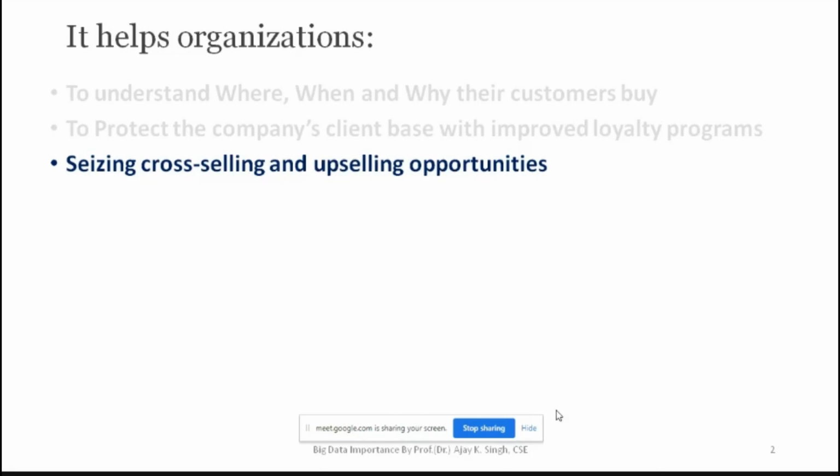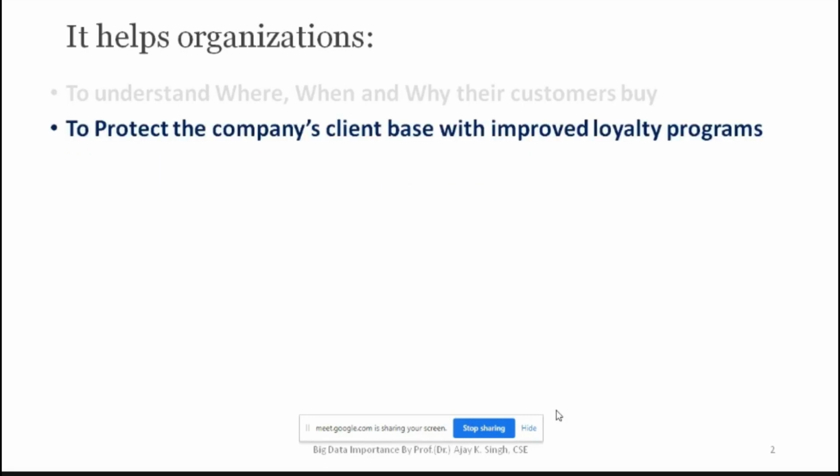Now, in that case, suppose he wants to buy Boroline or Boro Plus for maybe 20 rupees. Now he's going to be motivated in such a way that he's going to buy the product of 100 rupees, isn't it? And by doing some motivation, just by seeing this analysis, just by seeing the big data and the data that is being generated, clear. So this is what is called upselling, and you are going to tell the customer that you just go for this product, and this product is really beneficial for you. It is very cheap. It is not very costly. So in that case, this big data is playing a vital role. Fine, so going for next point.